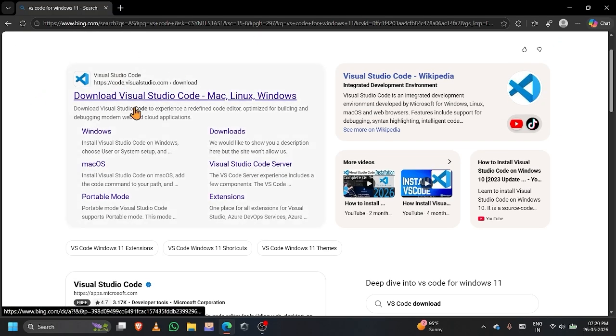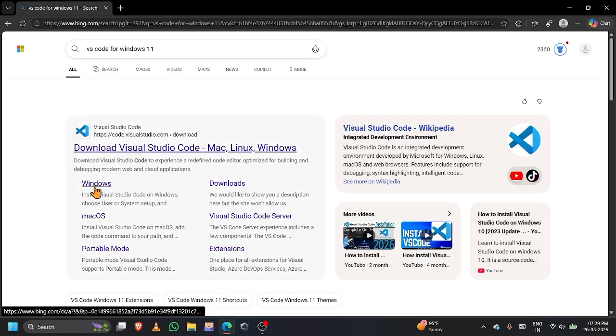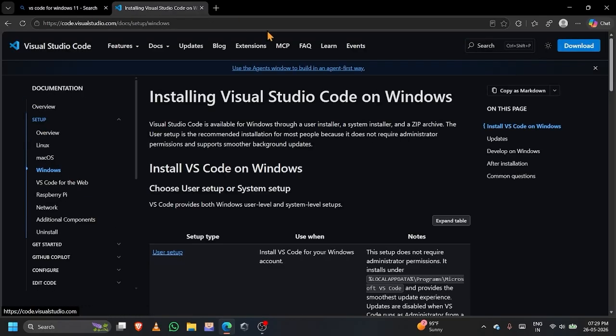From here, I can directly click on the Windows button since I'm using a Windows laptop. If you are using Mac OS or Linux, you can directly search for that. I will be clicking on Windows because I am using a Windows laptop. After clicking on Windows, the installation page of VS Code will open. And from here, I can click on the download button on the topmost right, and after clicking on it, this